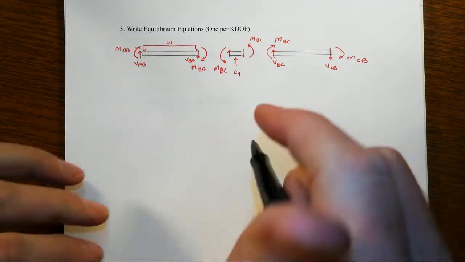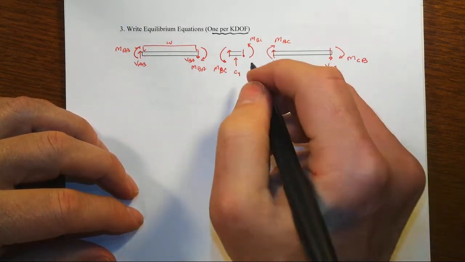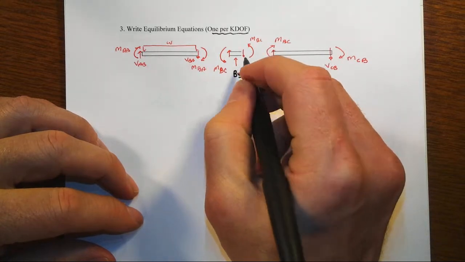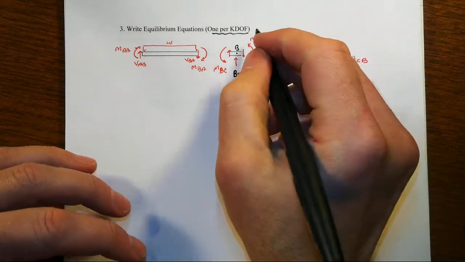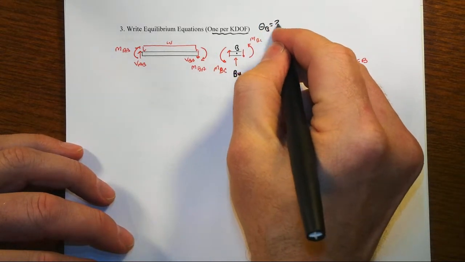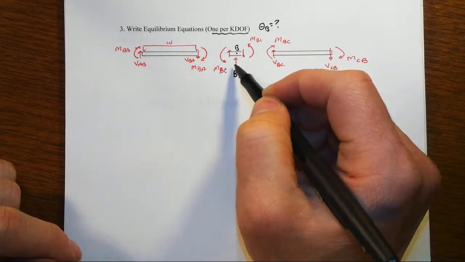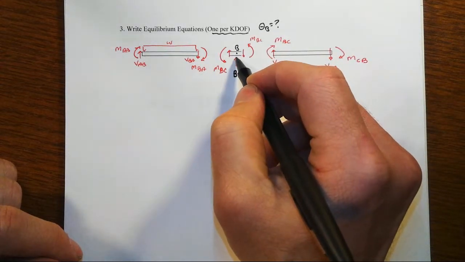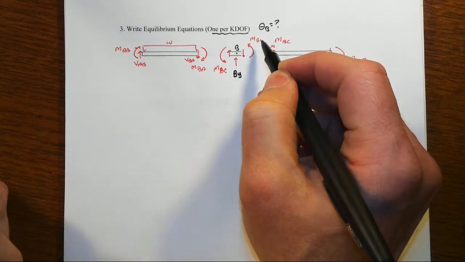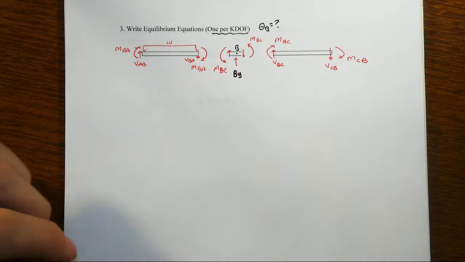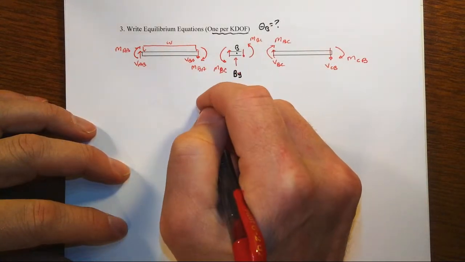And that is certainly true, but we will take care of that here, because the equilibrium equation that we care about is going to be this one associated with the kinematic degree of freedom, which was not C, I wrote C there, but at joint B, we didn't know theta B. That was the only kinematic degree of freedom. So we're only going to write one that's associated with a rotation. That would be a moment. Right? And this is infinitesimally close to the joint, so the shears that I've drawn here don't play a part. And so all we have, and it's going to look like this format every single time for a rotational degree of freedom, is that